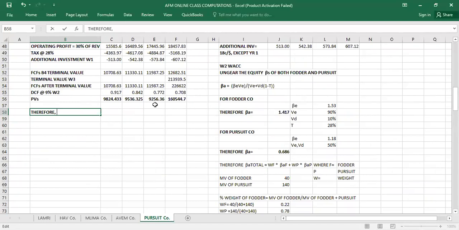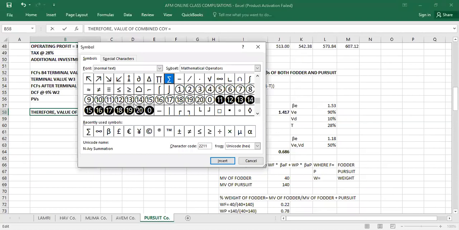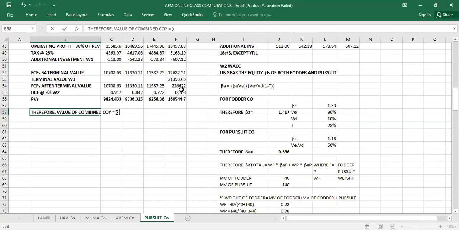Okay. So therefore, the value of the combined company, which is the same thing as the summation of our cash flows, so that's the summation of present values,